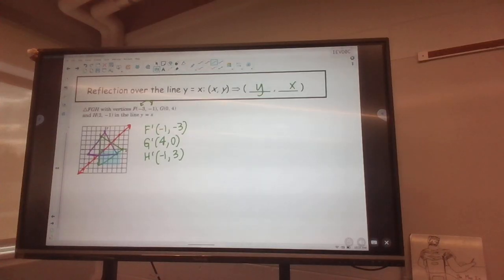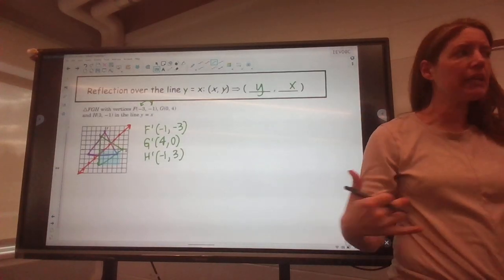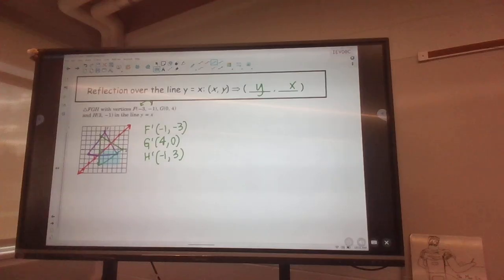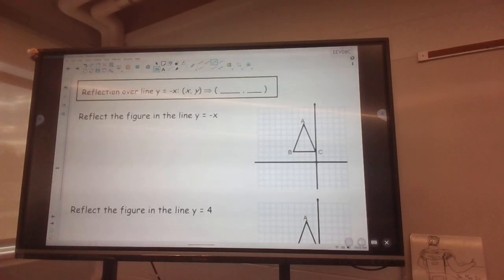And I'm telling you guys, you don't necessarily have to follow the rule. If you're very visual and you can picture what that point should look like, perfectly fine. I think some of these more complicated ones, though, it does help to have the rule. Right. So our next one is we're